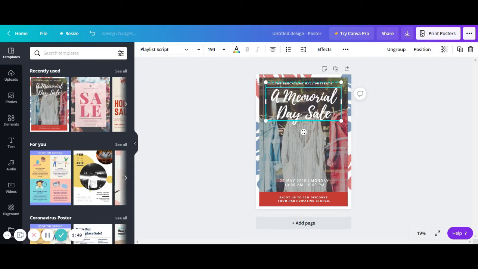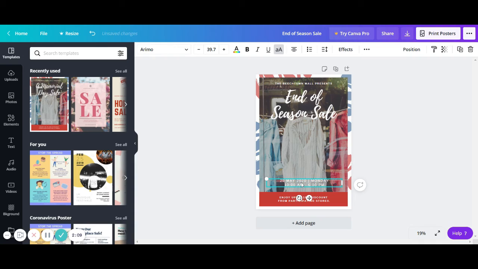For example, this is an end of season sale, so I'll add end of season sale, and you can make changes to the date, 25th May. This is maybe 25th of March 2020, and you can make changes to the date and the time, and then